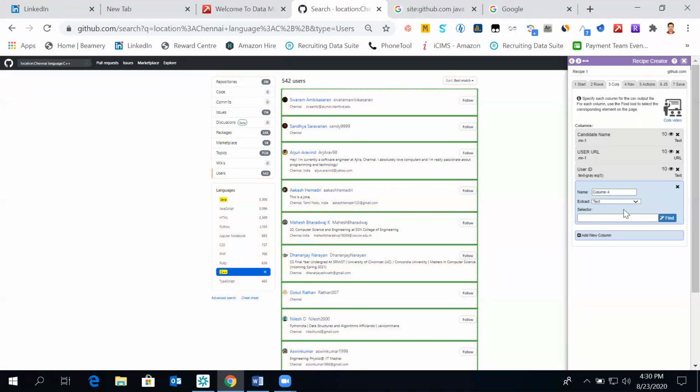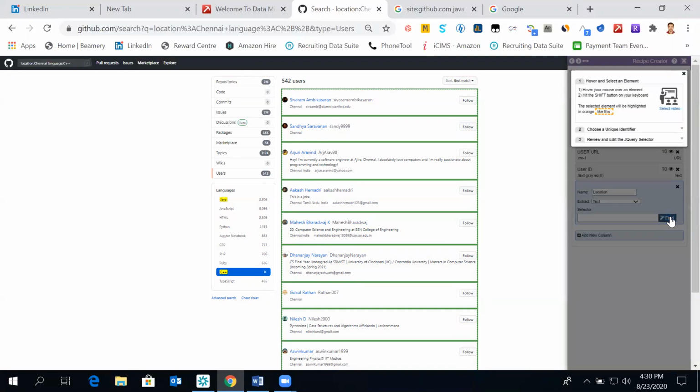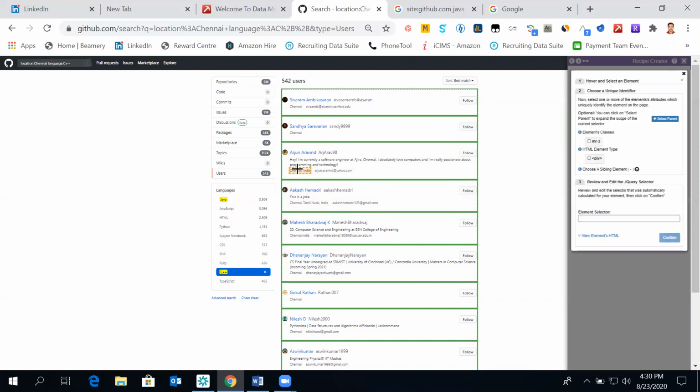Again, add new. We'll say now title, location. Location, I just need as a text. Just say text. Take any one location. Again, shift on the keyboard.